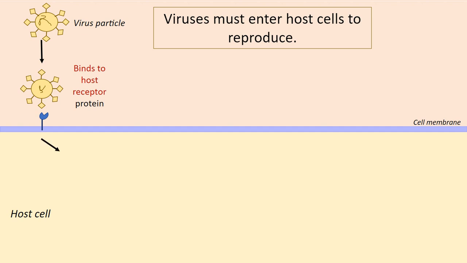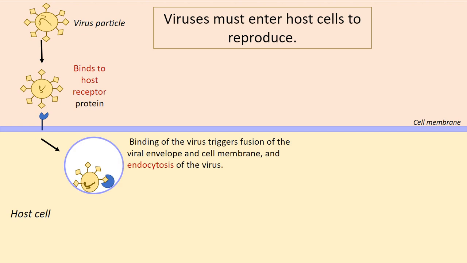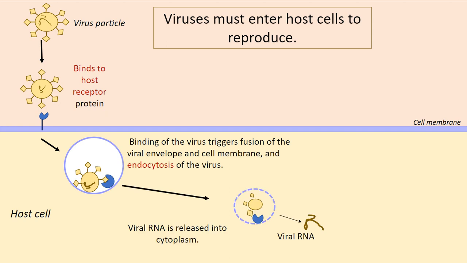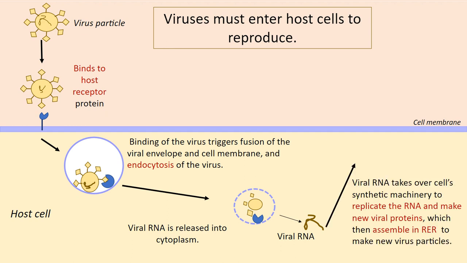The binding and some subsequent steps then cause endocytosis of the virus particle and the receptor. And at some point in this process, the viral envelope, the phospholipid bilayer of the envelope, fuses with the phospholipid bilayer of the cell membrane. And when that occurs, then the viral RNA can escape into the cytoplasm. And at that point, the viral RNA takes over the cell's synthetic machinery. It starts making new viral RNA, and then it uses the RNA message to create viral proteins,